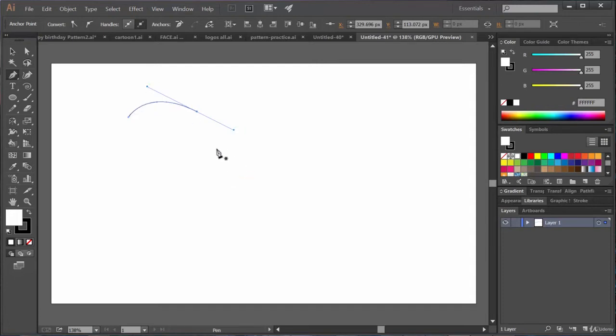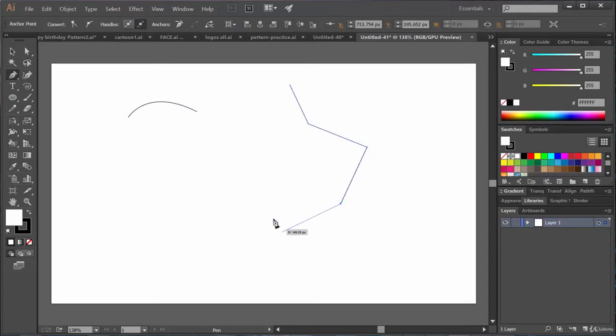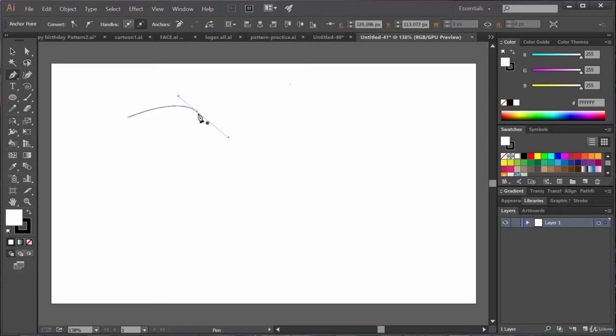Now, see, after I have selected the direct selection tool and moved it somewhere, somehow it's telling that currently no path is selected, and if I click somewhere, we are going to create a new path, right? Which is not the case. We want to start from here only, right?